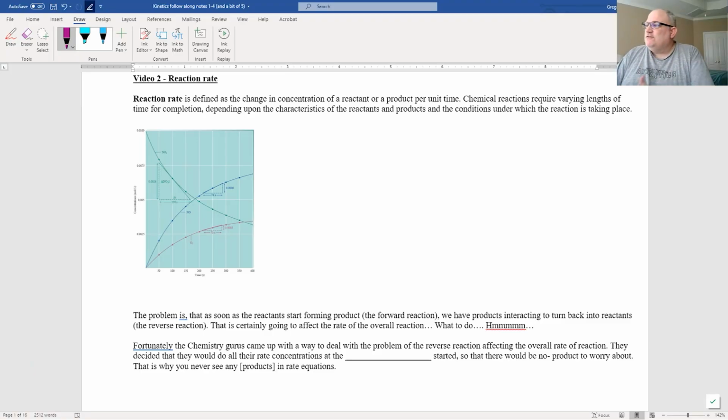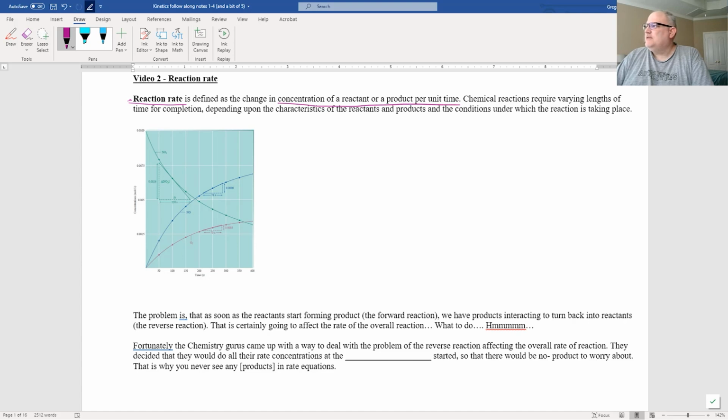Okay, so today we're going to talk about reaction rates, what determines them, and how they are impacted by different factors. First of all, you need to be aware of, and take a look in video 2 notes, turn to them now please, that we define the reaction rate as the change in concentration of a reactant or product